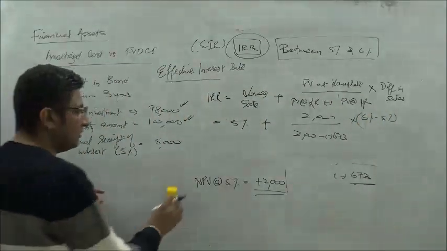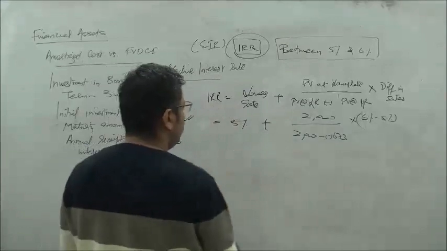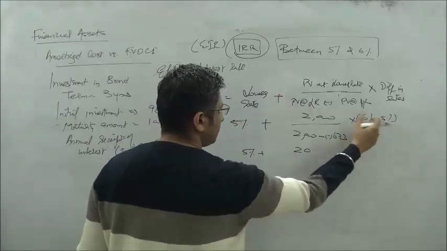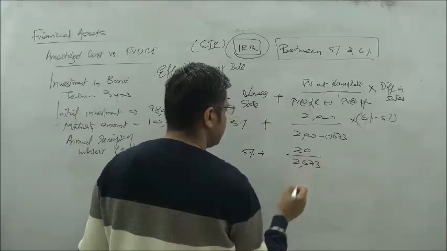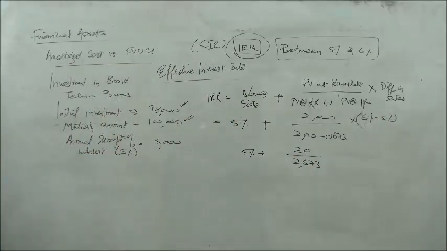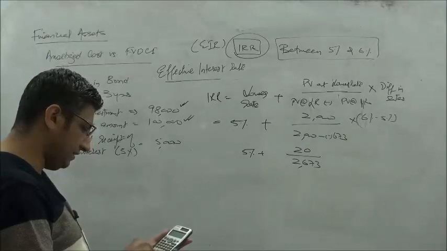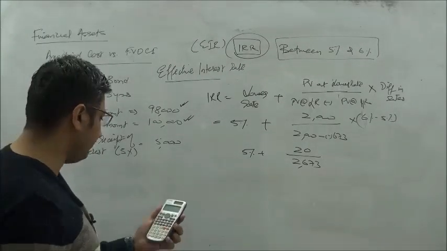So when I do this calculation now, we are saying 5% plus, considering 1% here, 2000 divided by 2673. And when I do this calculation here now, that gives me an approximate rate of